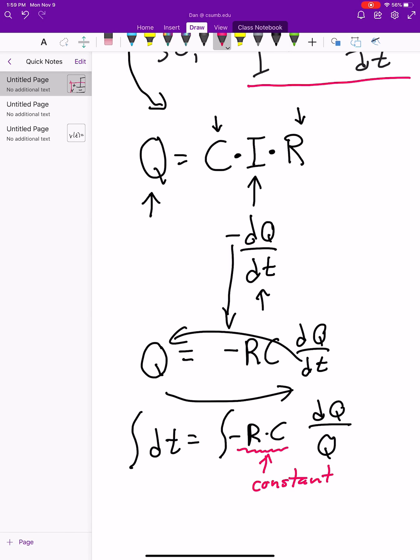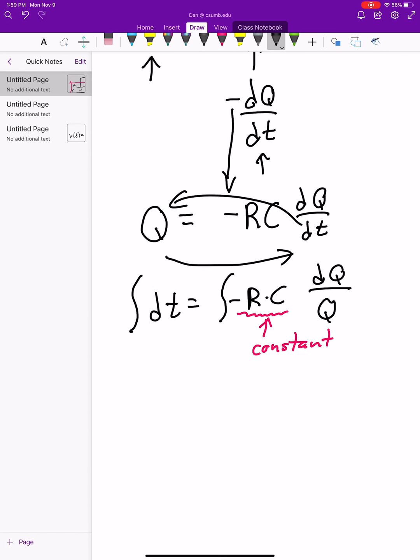So I can pull them out of the integral, and the result is, if I integrate dt, it's simply t. That's pretty straightforward. On the right-hand side of the equation, I have minus RC times the integral of dq over q. And if you're